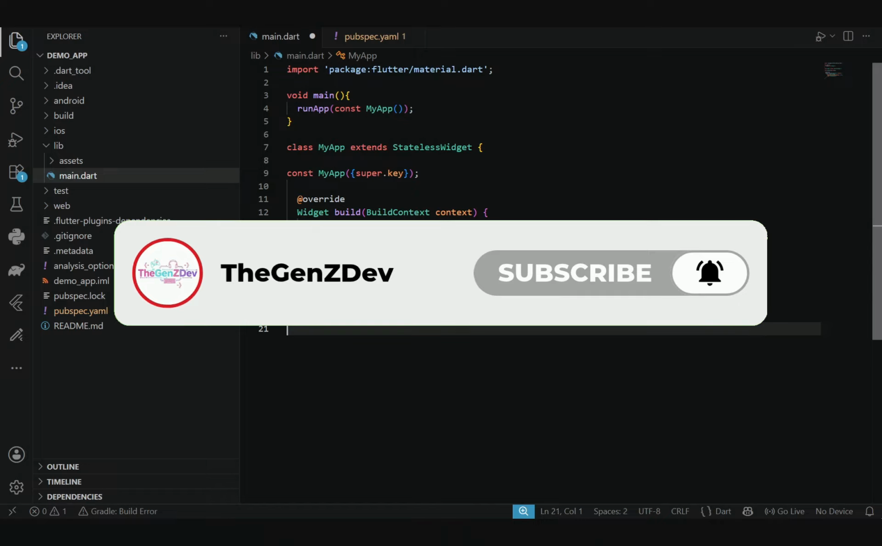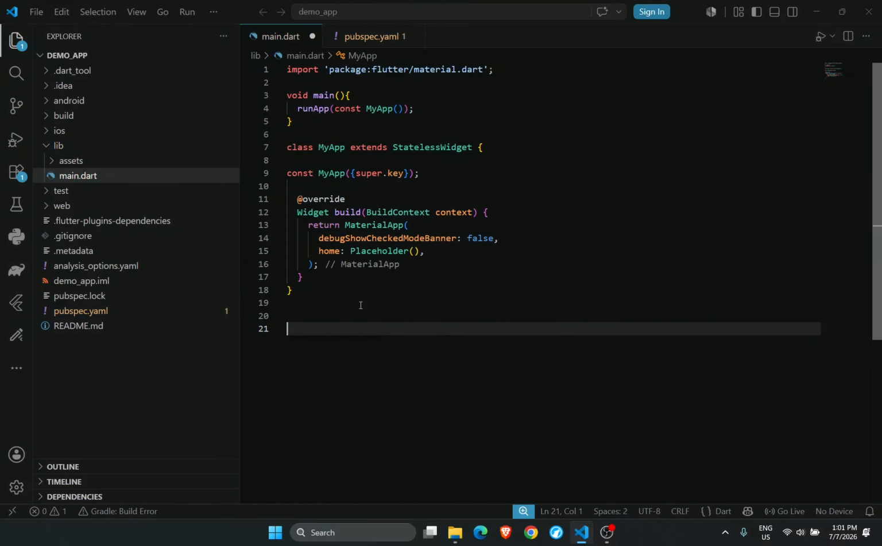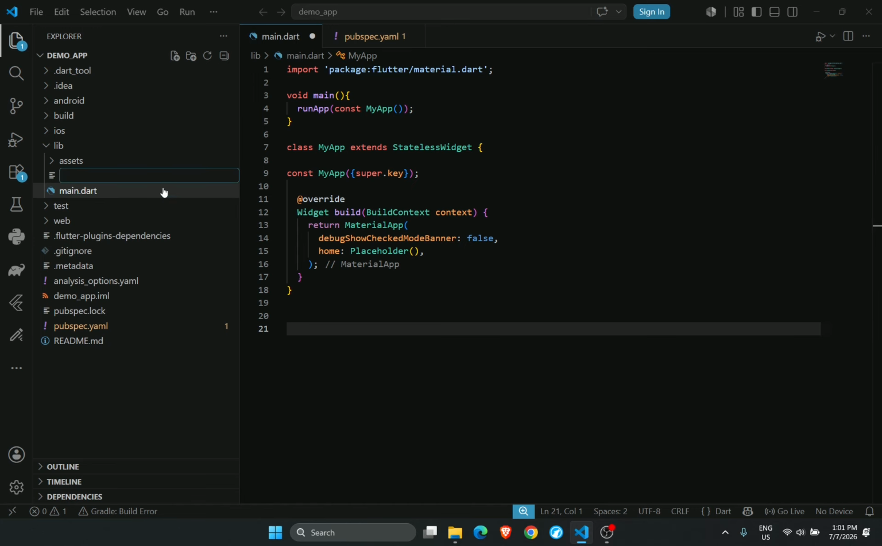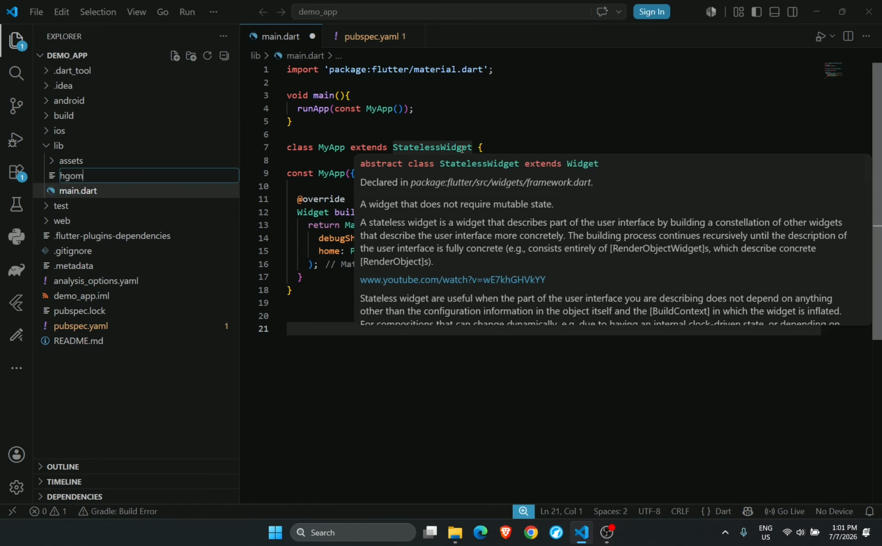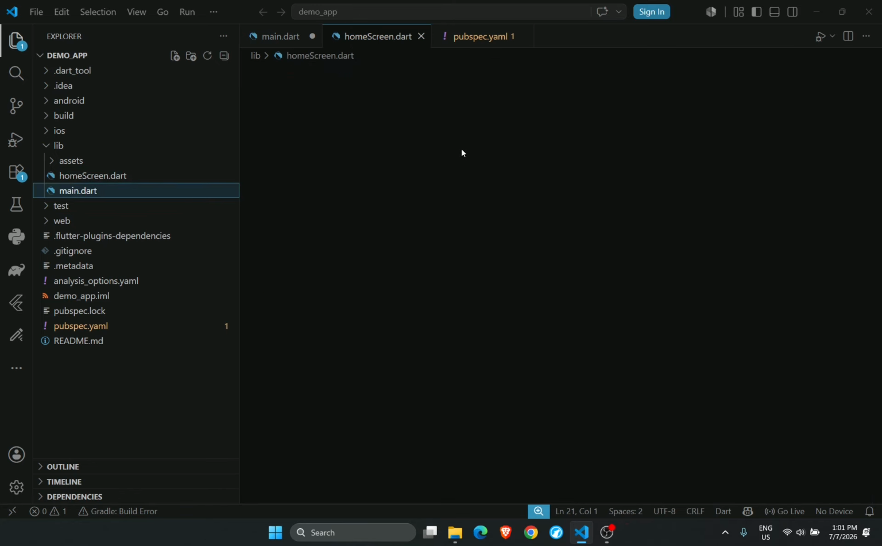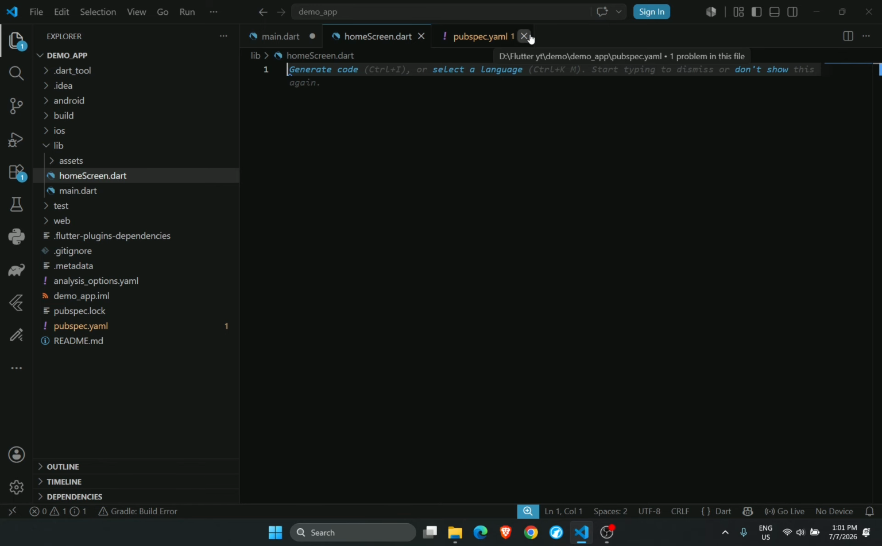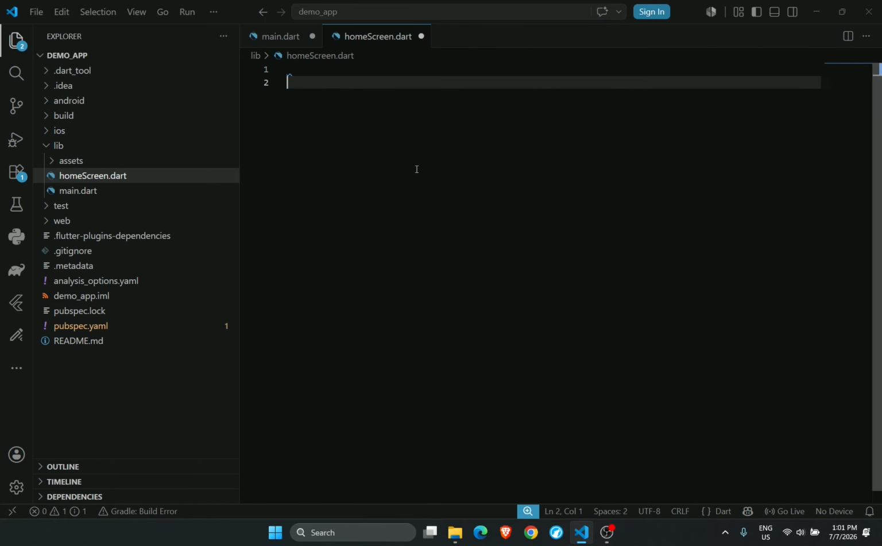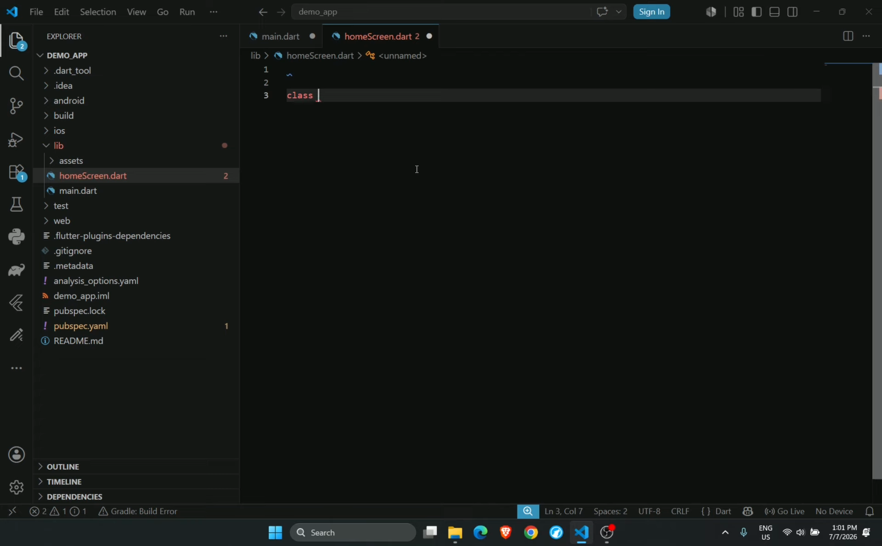Let's build another widget, inside another folder. If we're gonna call this your home screen dot dart, inside this home screen we're gonna code another widget, which we'll call home screen again,